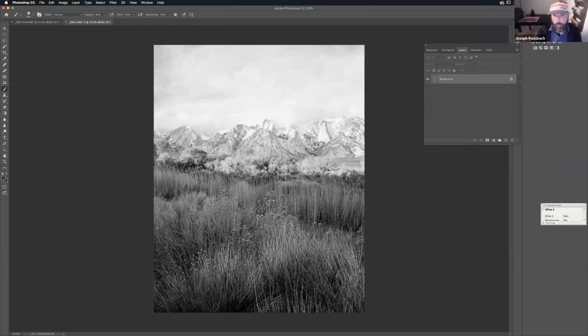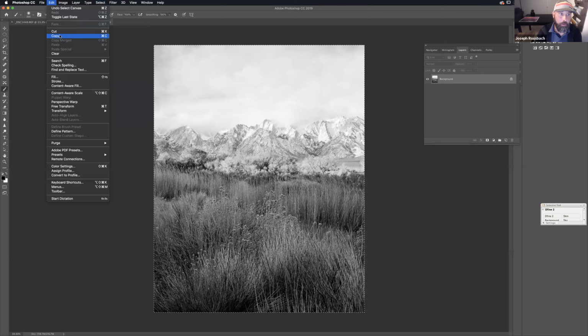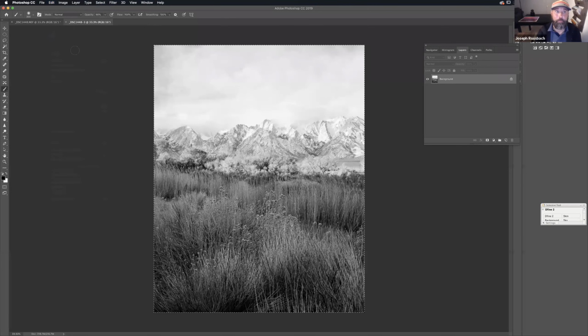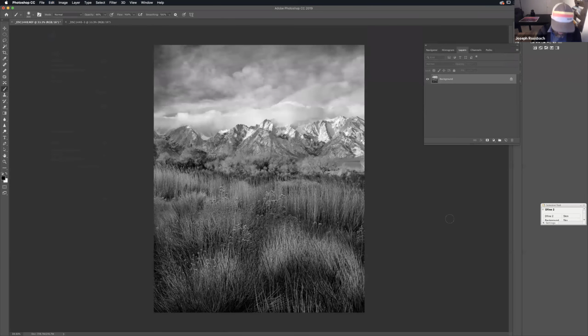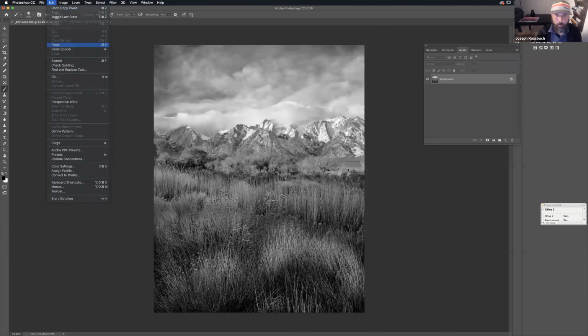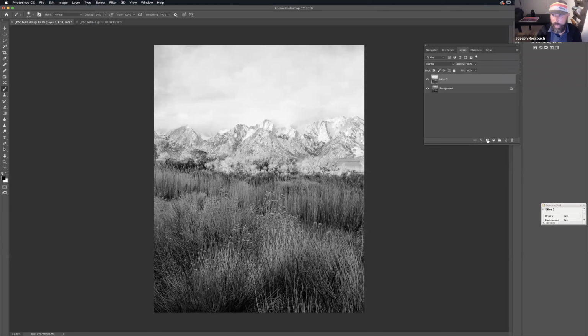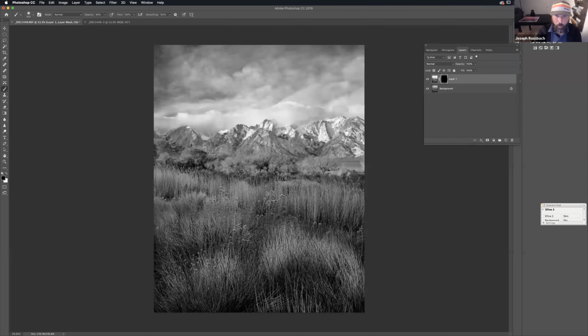Now, once I have that image back into Photoshop, I'm going to go Command A or select all, and then edit, copy, or Command C. All right. Go back to the original shot and then paste it. So I'm going to go edit, paste, or Command V. Once again, I'm going to add a layer to this. This time it's going to be a black mask to the layer, okay? So I'm going to hold down Alt-Option and add a black mask because I only want to reveal, or I'm sorry,